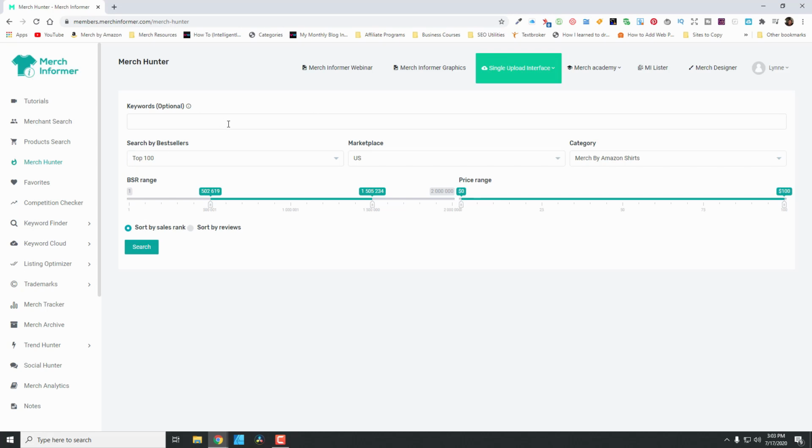Now comes the part where we decide what we want to search for, and that's the one thing I can't really teach you. It's all based on creativity. As you go through your research, you'll see something that will trip your memory, or you'll get an idea from somebody else's design or one of their keywords, and then you'll know, oh, that's something I can look for. I could maybe go into a sub niche of that, or